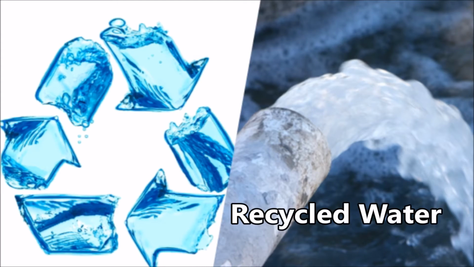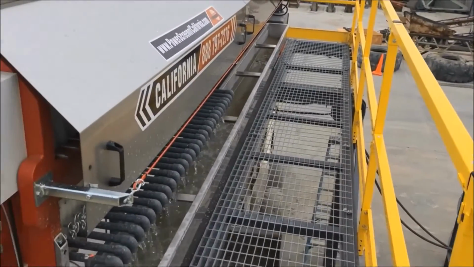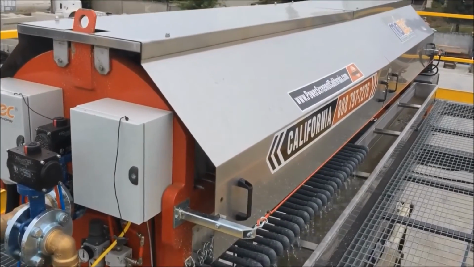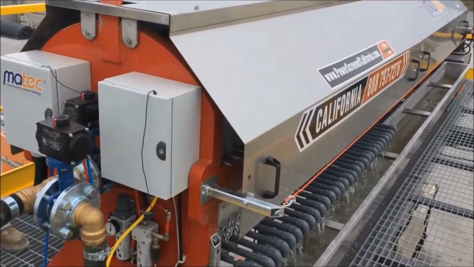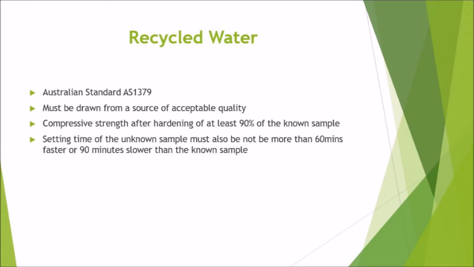Recycled water can be used in order to reduce the amount of water used in concrete suitable for other purposes or reduce the water demands on a population. This has become a universal practice in a number of places, including Australia. The main concern with the use of recycled water in concrete is the contamination of the concrete by impurities in the water. This can have effects on the hardened state properties of the concrete and so must be tested and accounted for in design. It is the reason Australian Standard 1379 requires any water to be drawn from a source